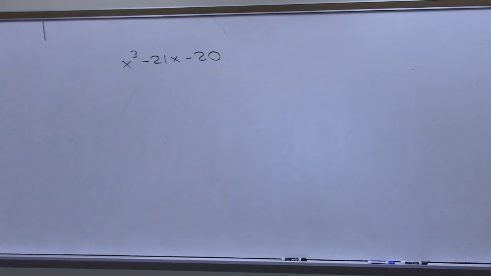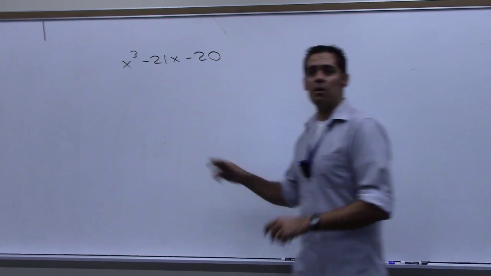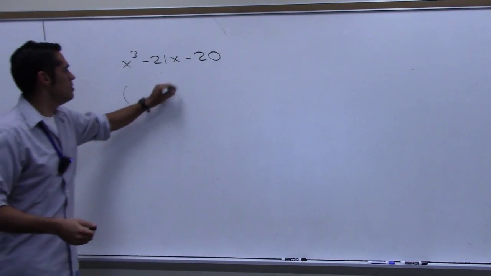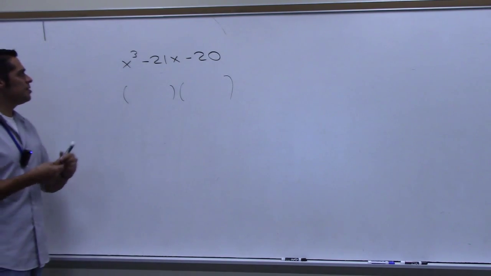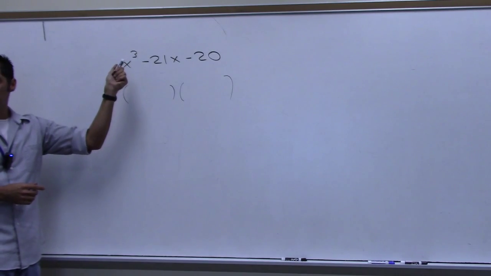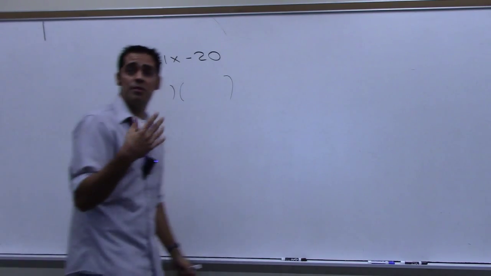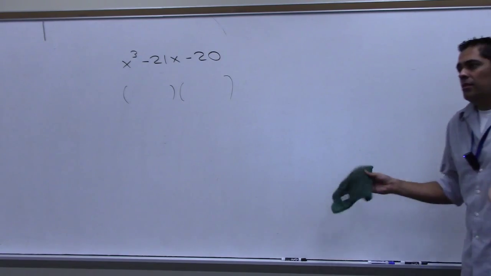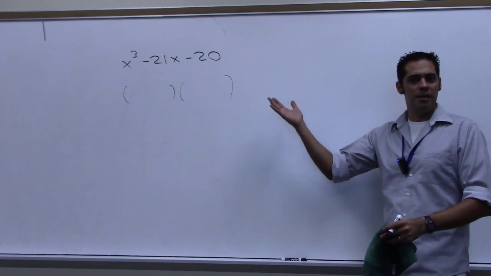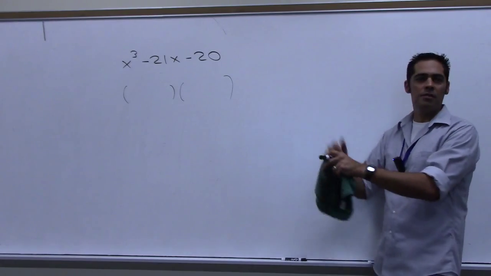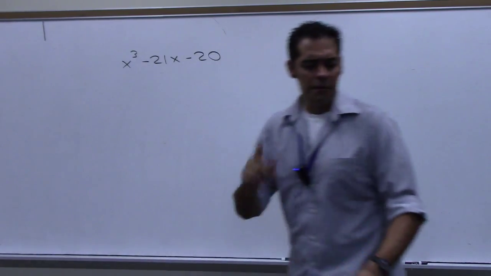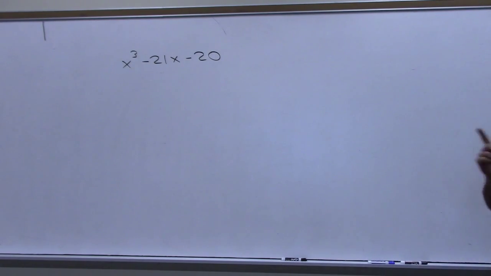most of you would have been hung up on this because it looks like a trinomial, right? A quadratic. So you might be thinking AC method. You might be thinking, yeah, I can just do this. But this is cubed, not squared, so you can't. It doesn't have 4 terms, so you can't do grouping. So you just don't ever see those before today, really. We avoid giving you something like that. But now with this new method, if there are rational zeros, we should be able to find them with this